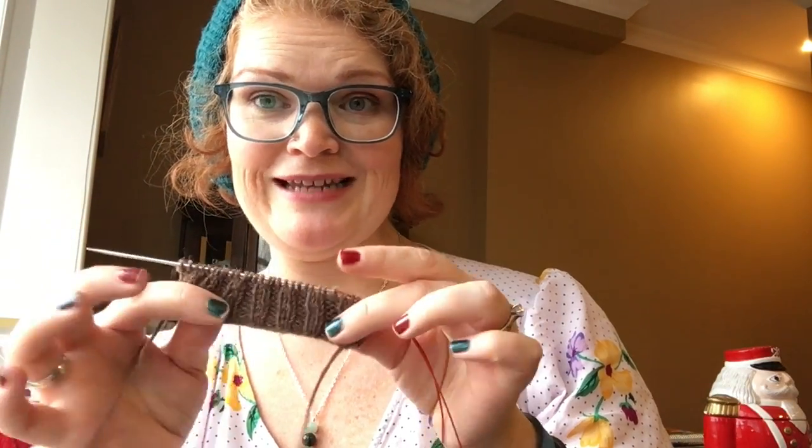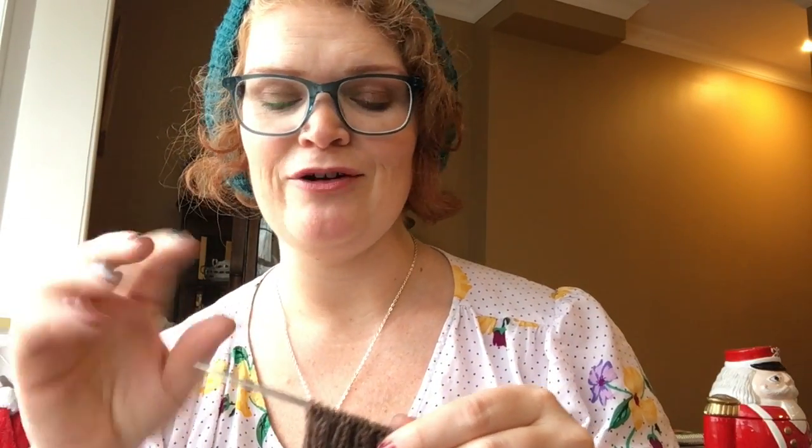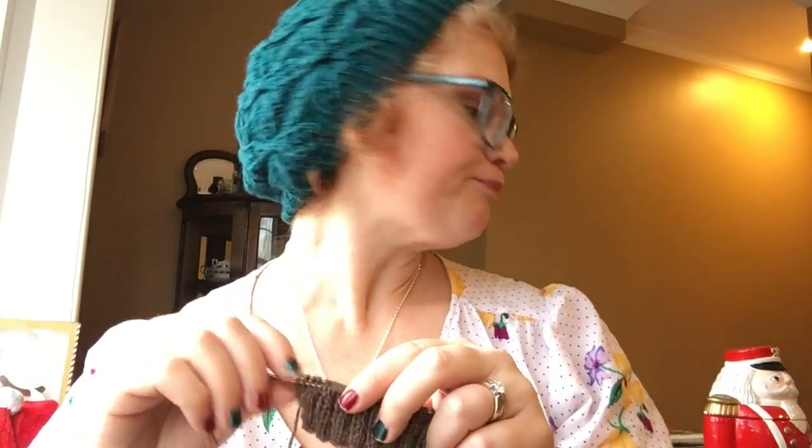But I finished that this morning while editing the last video, and I'm just doing the cuff now on my second one. So now that I've got one under my belt, I usually find the second one doesn't take nearly as long, because I know what I'm doing and it's all in my head now, and this pattern is so easy to memorize, it's ridiculous. So that's done, and